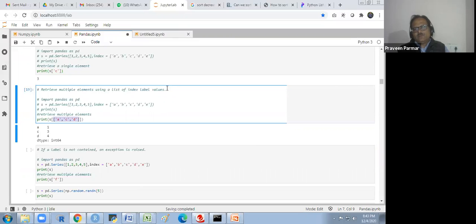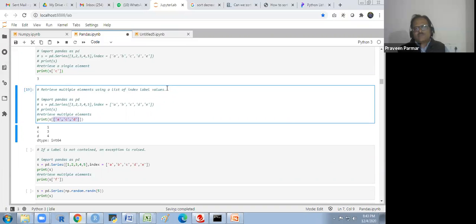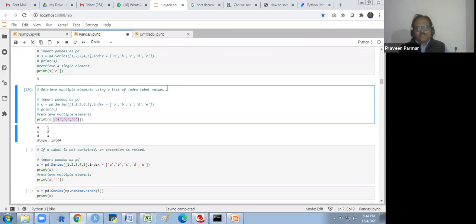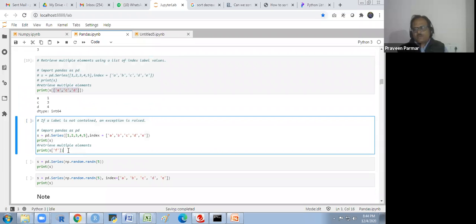Aditya and Shelly, you have attended the R session, Alka also, and I think Vijay too. So you know that whenever we want to access multiple elements, we use a vector in R, the C combine. And here we use the list. So list has a major role.